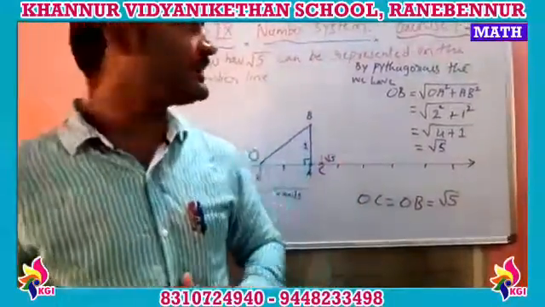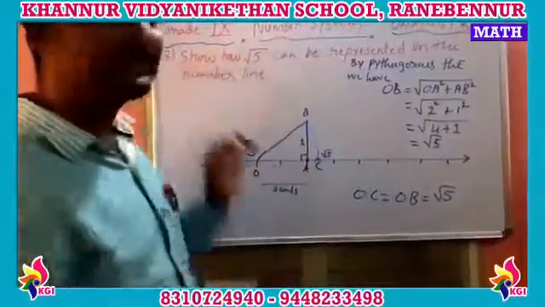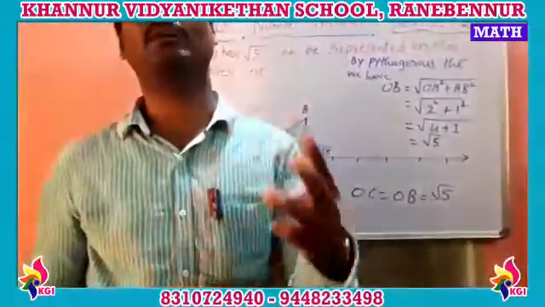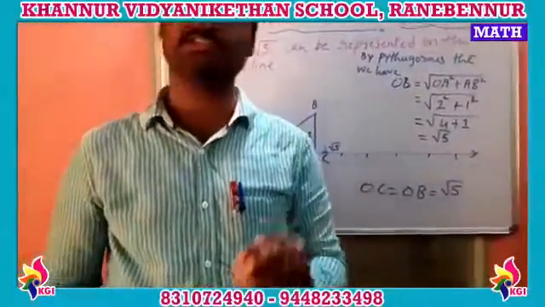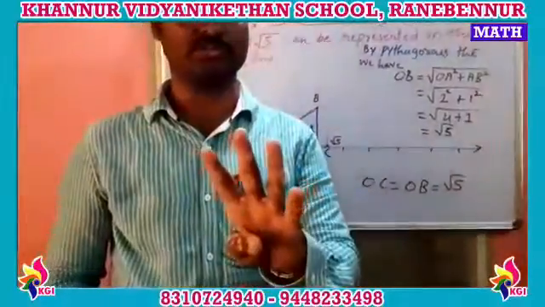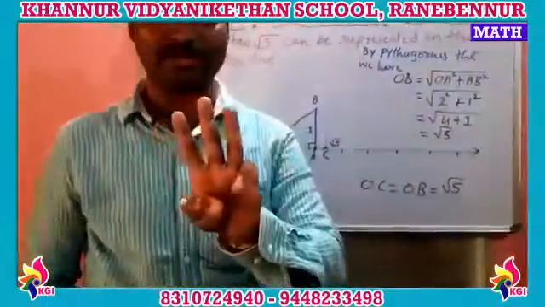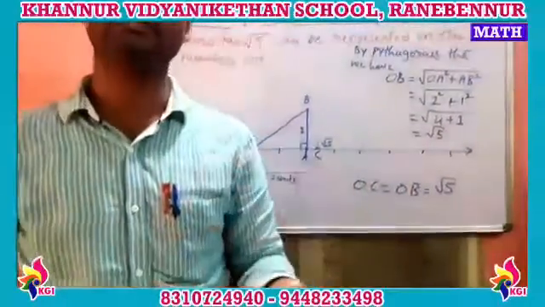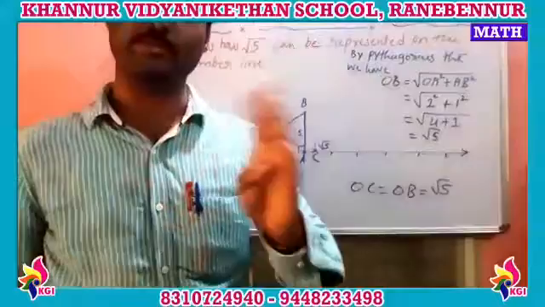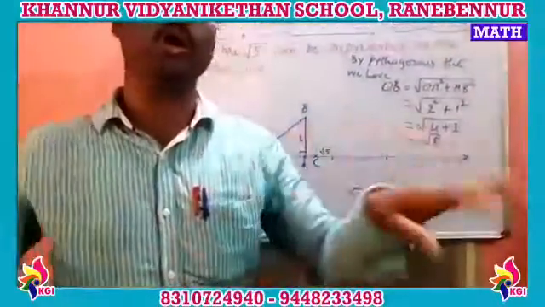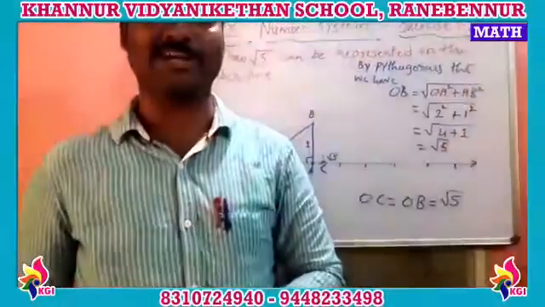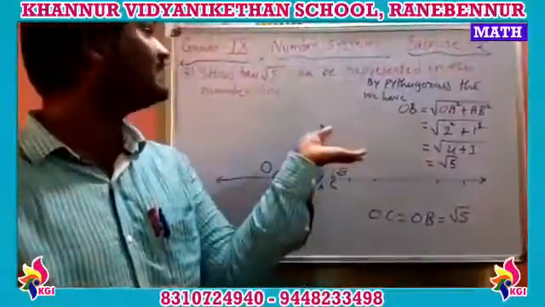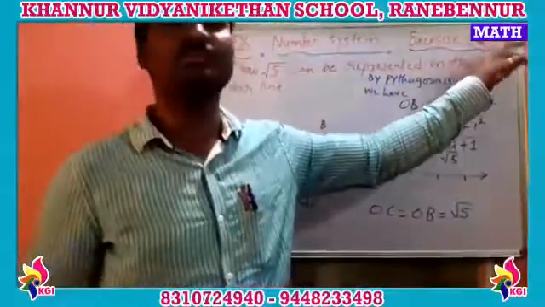Okay, so children, like this we have dealt with the third problem. We go for the next exercise. In this exercise there are 4 questions. You may ask, sir, you are telling 4 but we have done 3. The 4th is a classroom activity. It is mentioned in the textbook that it is to be done in the classroom when we all join. By that time we can do that. For that reason we go for the next exercise, exercise 1.3.